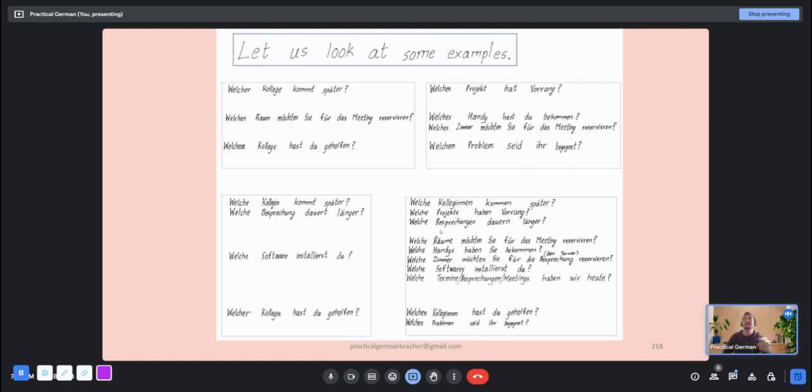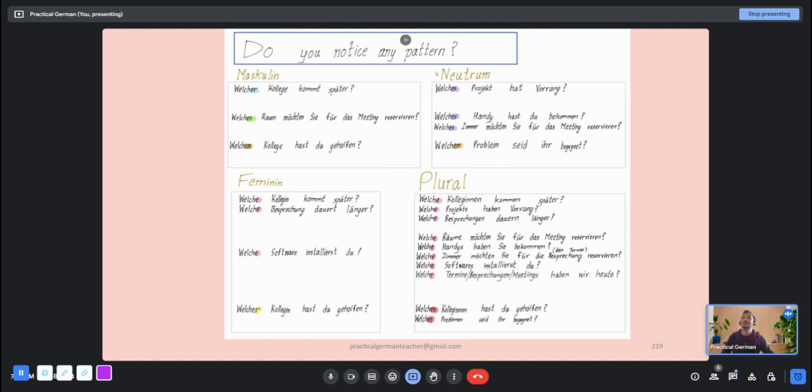Believe me, you don't have to learn anything new, but I want you to notice how these things change in real life. If instead of saying welchem Kollegen, you say welcher Kollege has to go, often people will not say your grammar is wrong. They will know what you are saying. It's just that if you keep making this mistake, it may become a habit and your grammar may never be perfect in the German language, which is not good if you want to climb the hierarchy in any company, right? Also in an exam, teachers will cut your marks, but in real life, people know what you want to say. Okay, so if you notice, these four blocks, you also notice, right?